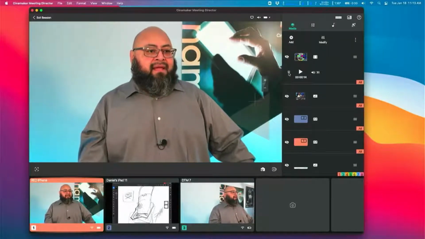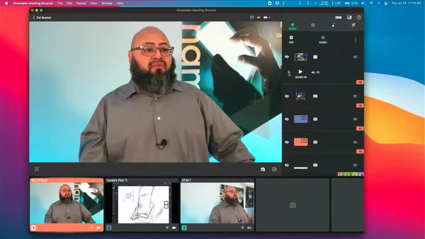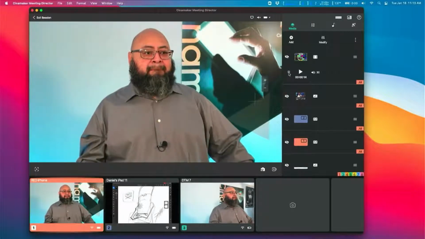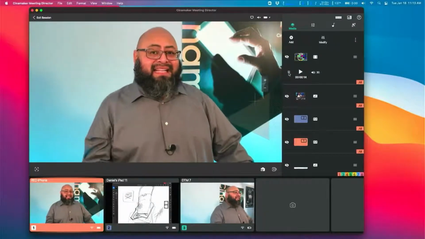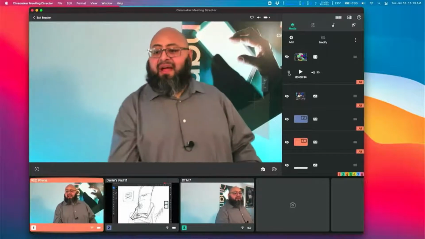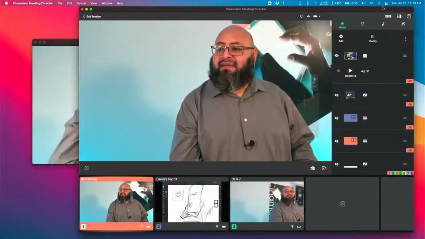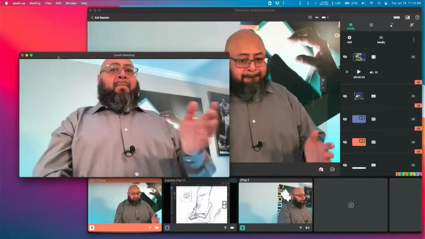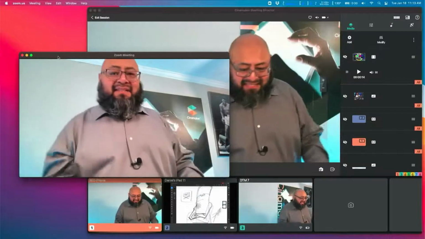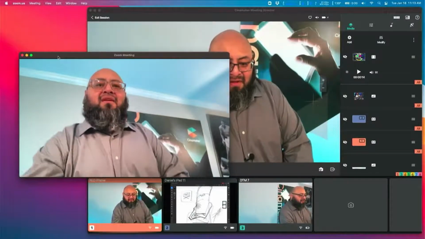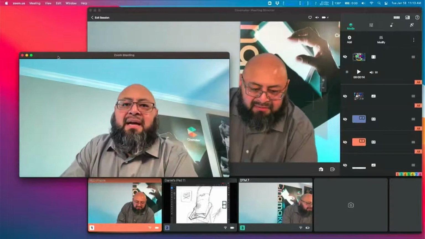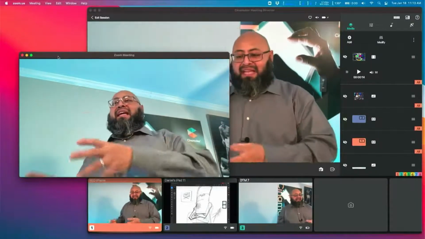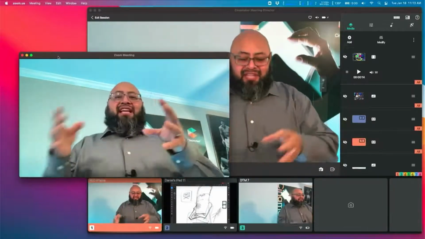Okay. So I want to now show you what we're all here to talk about. I want to bring Cinamaker Meeting Director into our Zoom. All right. So let's go ahead and move this Cinamaker over to the side. This is Zoom. We are in Zoom also. So, of course, this is how we Zoom nowadays, right? Let me show you how we're able to bring Cinamaker Meeting Director into our Zoom